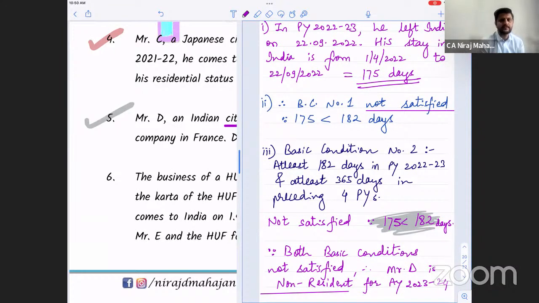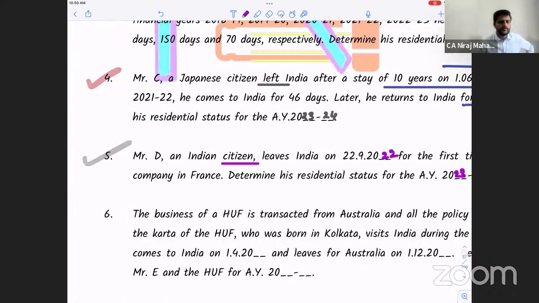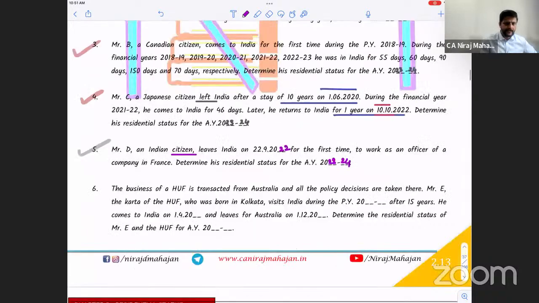Khushbu, what is your answer? The income earned from April till September in India. Because after September, he left India. Mansi, I got your answer, correct. Okay. Some of you, Nitin, give me your answer. Khushbu, I got your answer now. Nitin, I have not read your answer maybe. Nitin's answer is pending. Are you there, Nitin?